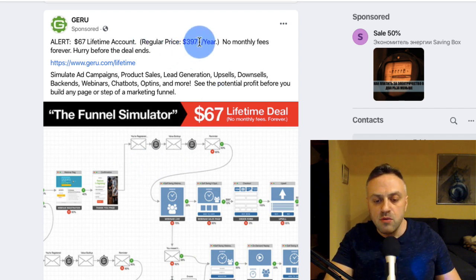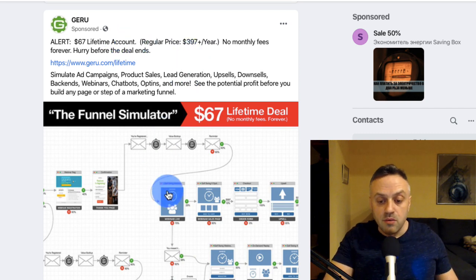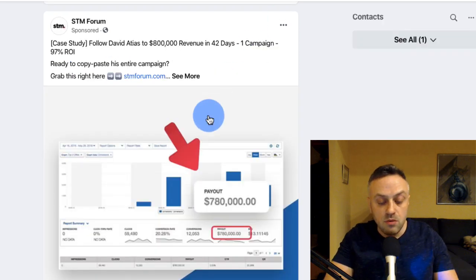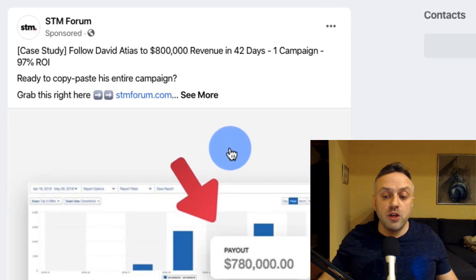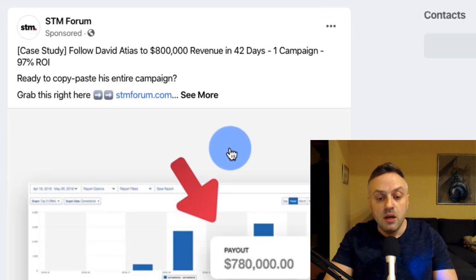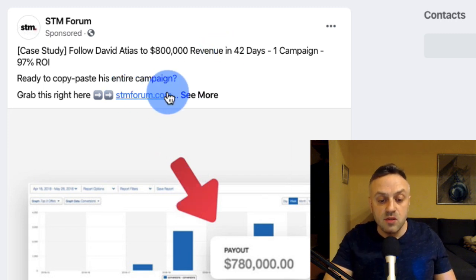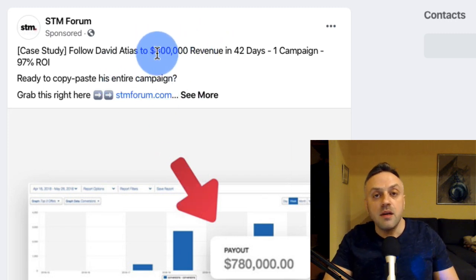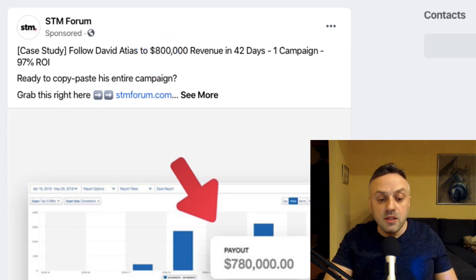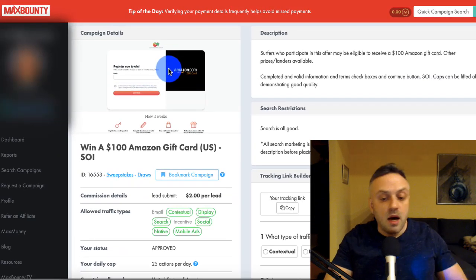There are no claims here. They tell you what the product is, they tell you the price, and you either need it or you don't. Same thing for this ad. What you see is what you get. This is an example of a high quality offer, because I decide whether I need to read this article or not, and I can click on the ad. When I click on it, guess what? I'm going to have access to whatever case study they're advertising. Whereas if I click on one of the sweepstakes offers, I have no guarantee I'm going to win anything. I just enter my email. This is what I call the low quality offer.